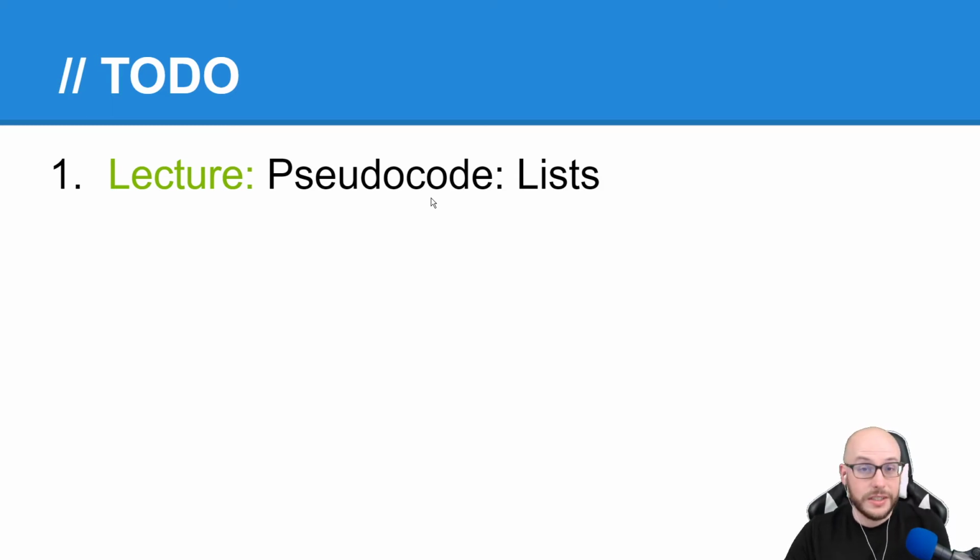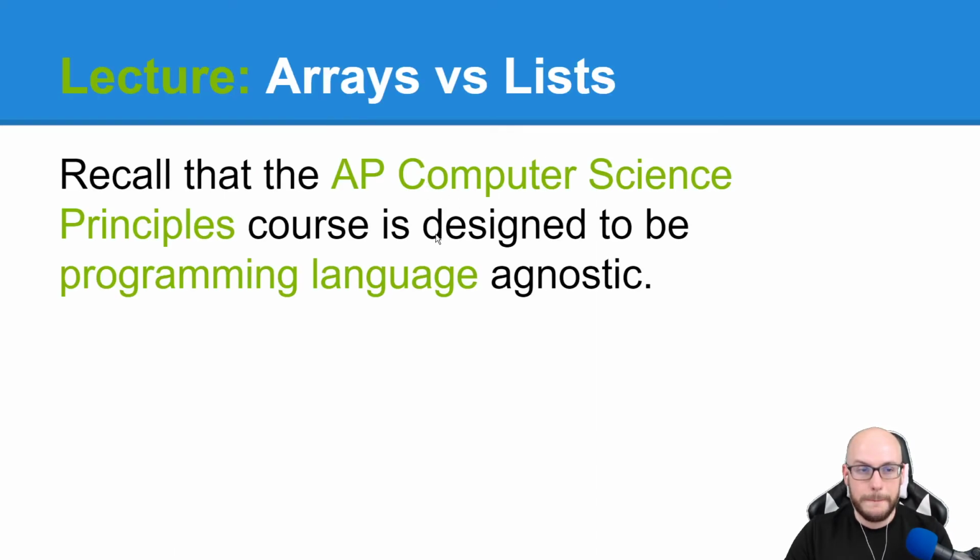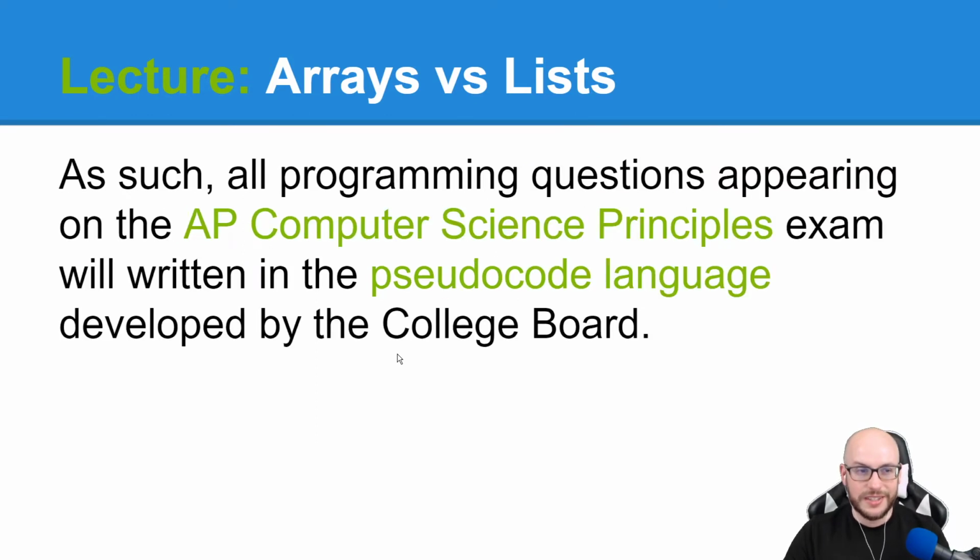If statements, that is conditionals, loops, methods, or procedures, functions, whatever you want to call them. So lists are going to be pseudocode's variant or version of arrays. Okay. So the AP Computer Science Principles course is designed to be programming language agnostic. As such, all programming questions appearing on the AP CSP exam will be written in pseudocode developed by the College